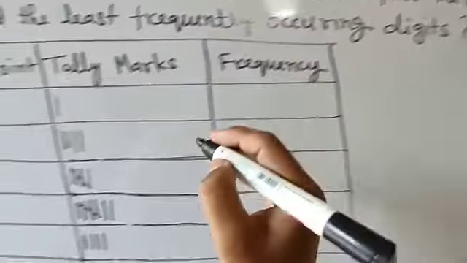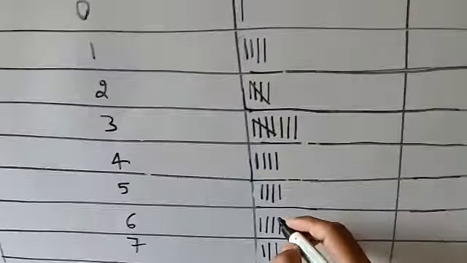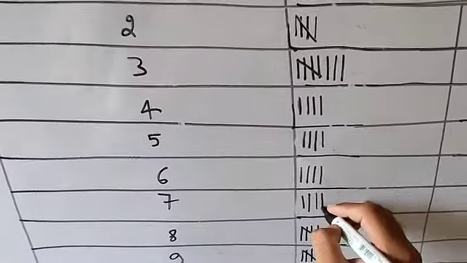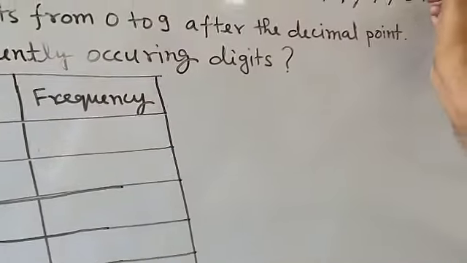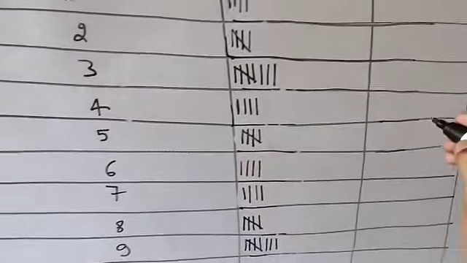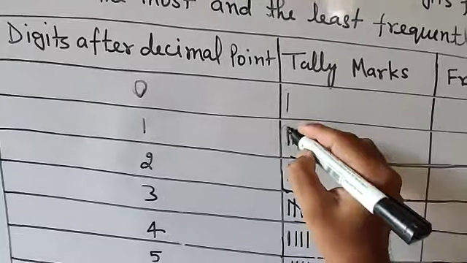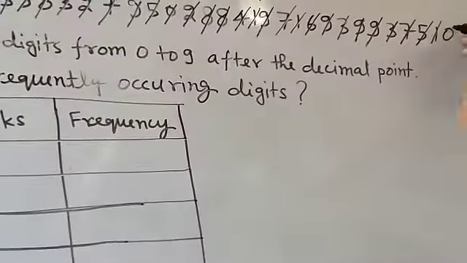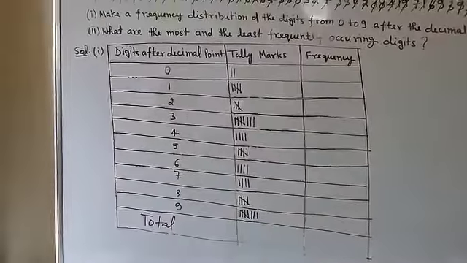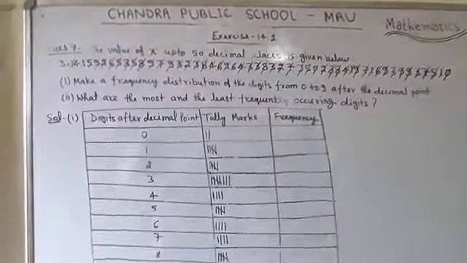Then 3, and here it is 3. Then 7, and here it is 7. Then 5, and here it is, for the 5 you will cut it. Then 1, and here it is 1. And 0, so 0. So all the values are represented here. You can find that each and every value is going to be cut. It means all the values are represented.